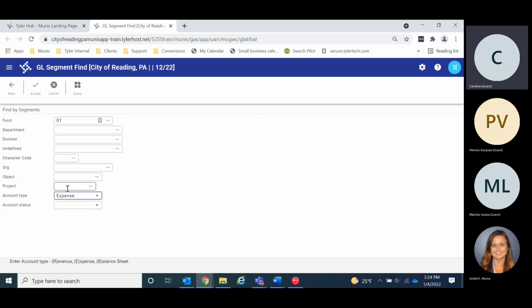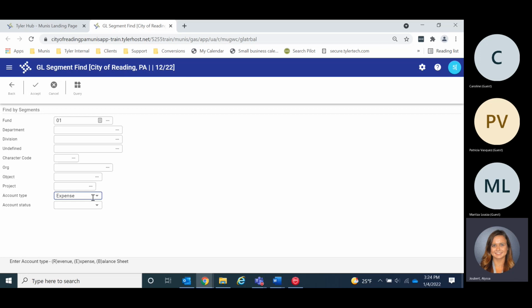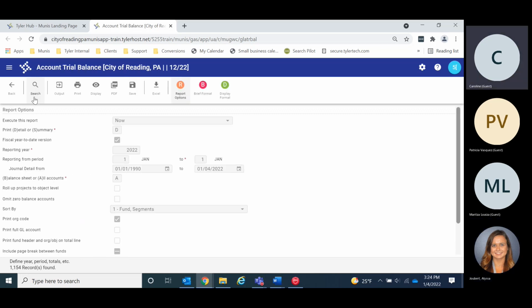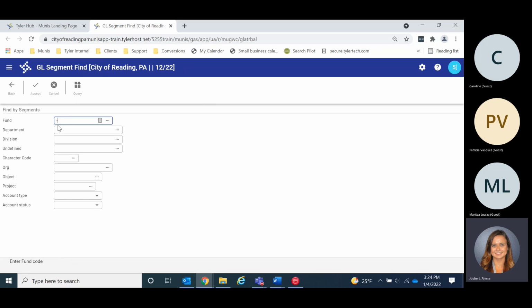So that's the range. You know that we have that in USL. You were doing the account range for the 4,000s instead. Okay, so you don't even need to do an account range then. You would just put in Fund 1 and then account type expense, and then click on accept. So do I have to put the date in there? Because I'm going to do this in 2022. Yep, okay. So once you've done Fund 1 and the expense, click on accept,